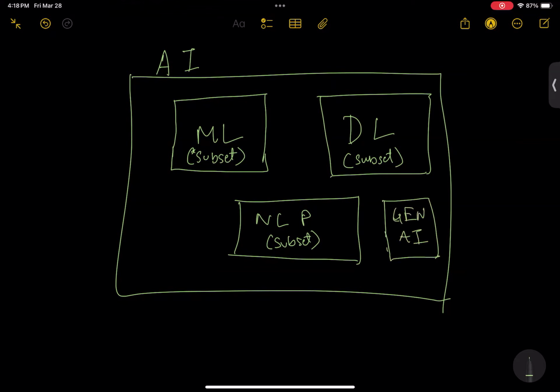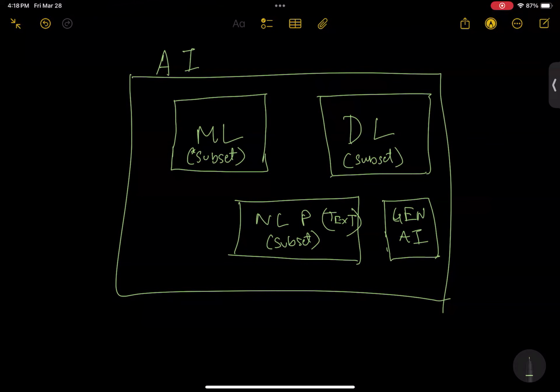This is also another subset, which is the generative subset. So now GenAI can be used for LLM based applications by generating a newer set. It can be used for generating a new image, a new video, a new music file, right? But an NLP system is only text based.